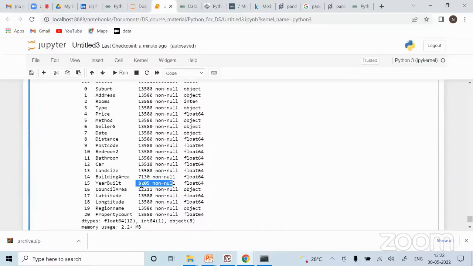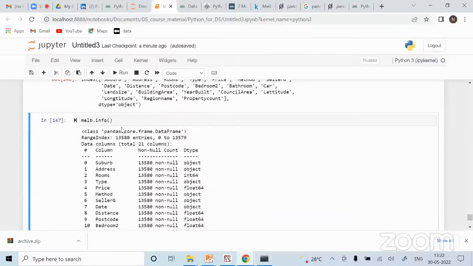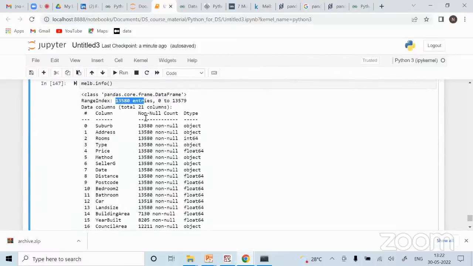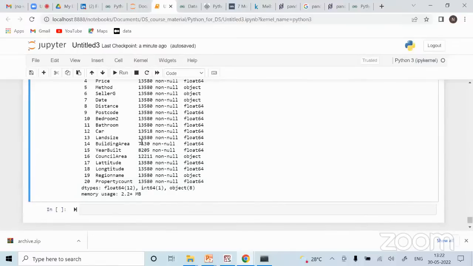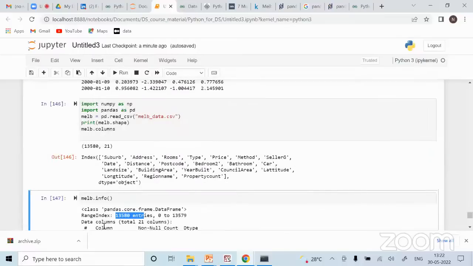What does it mean? 8,000 records are non-null, which means that the remaining are null. It has to be equal to the number of rows. So there are 13,580 records, so all columns should have 13,580 non-null. That means you have some missing data. Correct? This is one piece of information I got from this info.